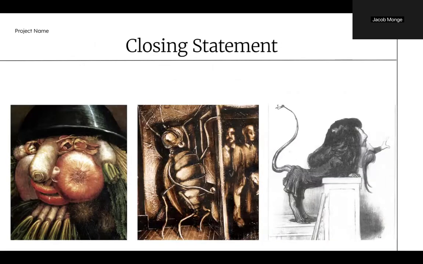So for my closing statement, grotesque isn't fully about just horror or ugliness. It's more so about this exaggeration, distortion, and reversal of what our normal ideas are regarding certain things. That's why it's incredibly important within art and literature and why it connects to our studies revolving tricksters, carnival, and